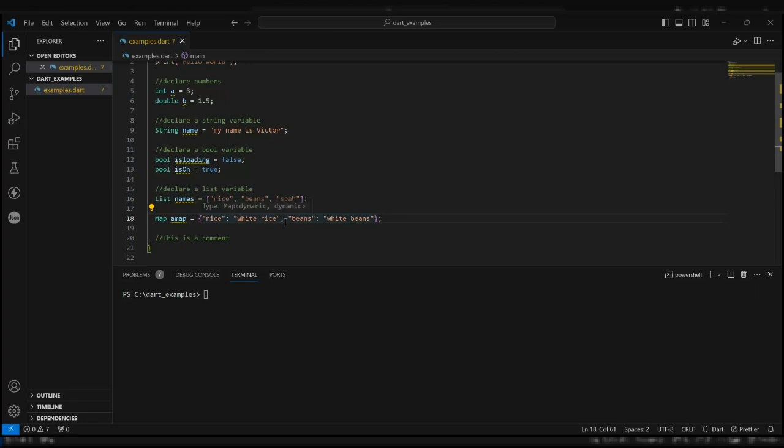So this is the first item, which has a key and the value. It's just like, let me say this rice is the variable name, then this white rice is the value. Do you get the example? Yeah.